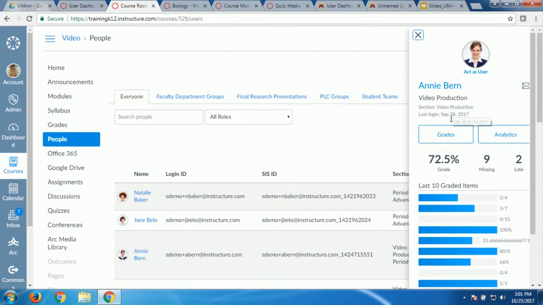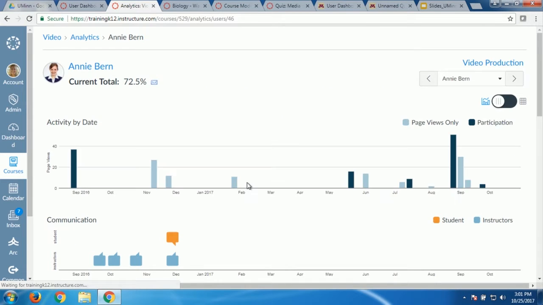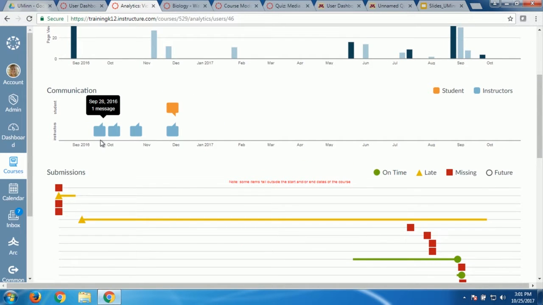People, I'm going to click on a student. Look what pops up. I get this little course card, kind of quick access information. I can go to their grade view and see what the student sees for their grades. I can go to analytics and see all those charts and graphs for this specific student. Where do they fit in the grade distribution? How active are they being? Let's go there really fast. I want to show you some cool tools here.